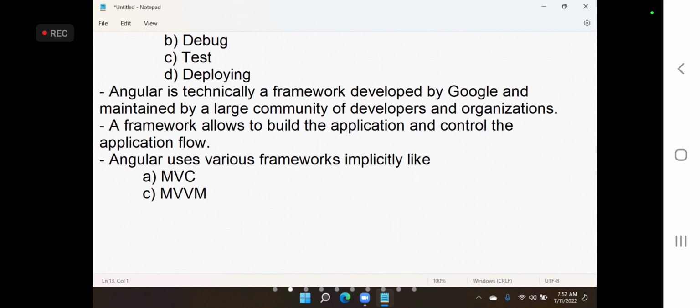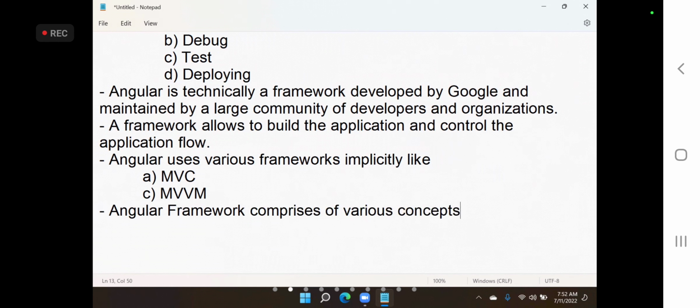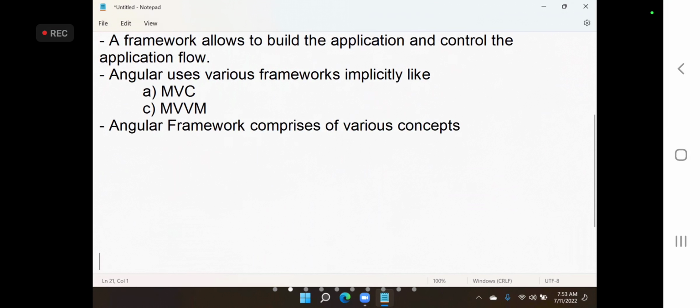Technically, every framework, that means the Angular framework, comprises various concepts. Every framework contains a lot of concepts. Like Django in Python, Django is a framework, right?